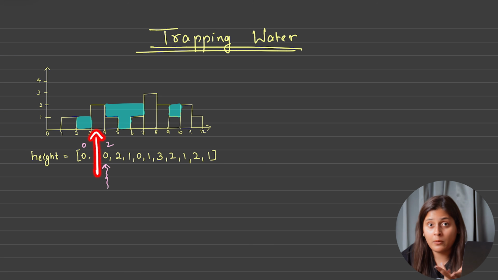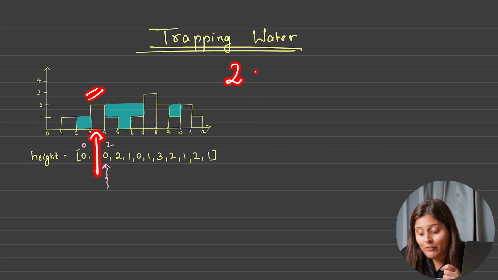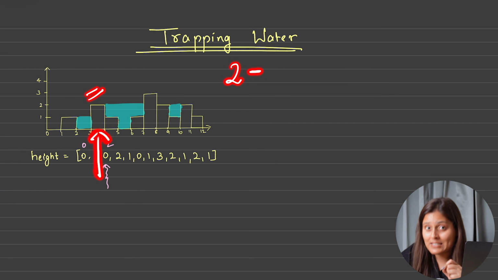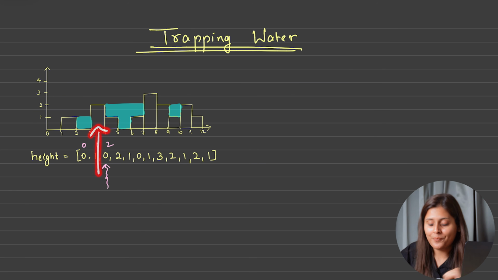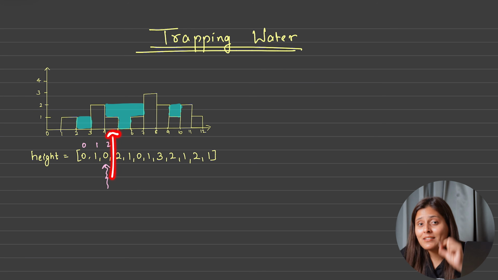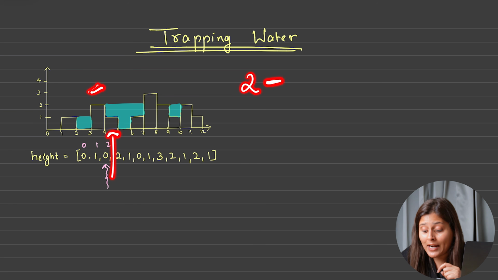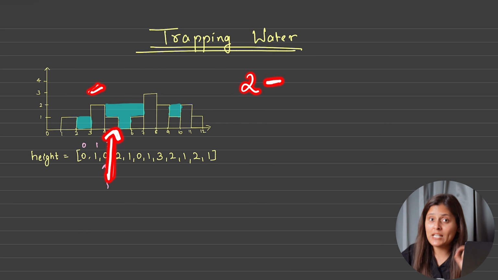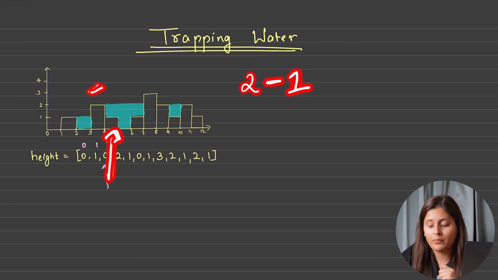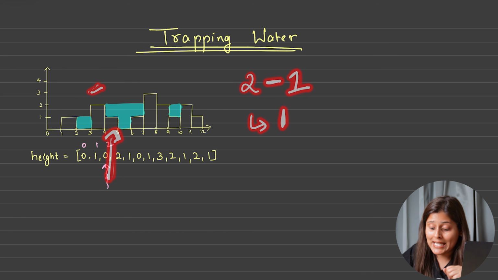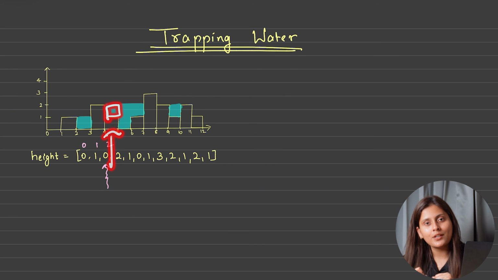Now let's see if we are here. What is the maximum height? Nothing but 2. The maximum height is 2 itself, and we will consider 2 as water, and we always subtract what? The block present at this index, and that is also nothing but 2. So hence 0 water, and you can see at this index 0 water. Similarly, when we move to this index, the maximum height till now is still 2. Correct? So we'll consider 2 as water, and now we are supposed to subtract the block, because if a block is present at that index, water cannot be there at that location. So we will subtract the height at that index, which is 1. So when we subtract, we get 1, and you can see at this index we can only have 1 amount of water. Correct?